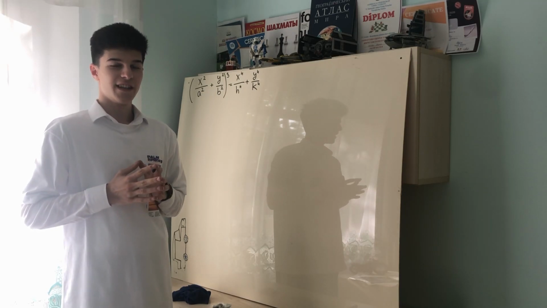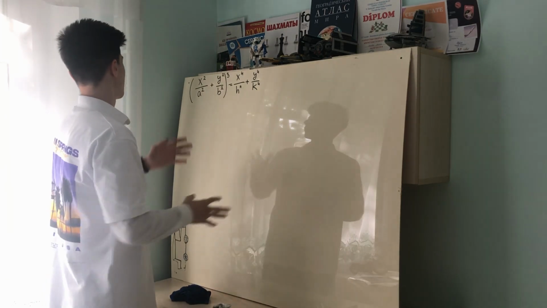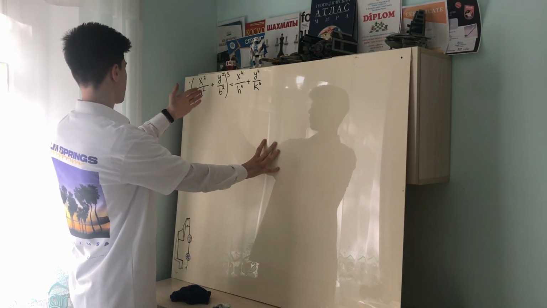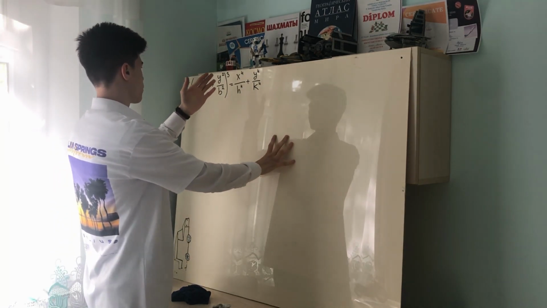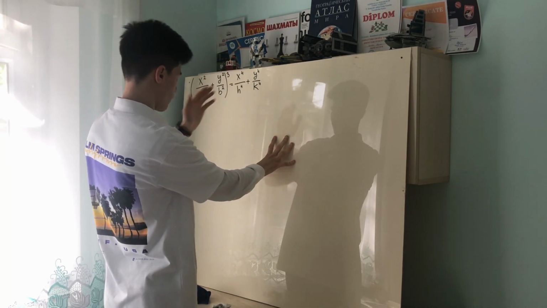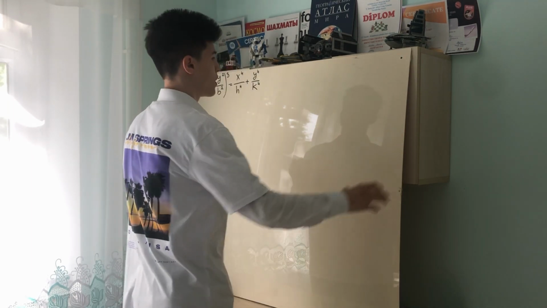Hello everyone. Now we're gonna solve a hard problem from Calculus 2. So here we're given a function which is (x squared over a squared plus y squared over b squared) cubed, which equals x to the 4 over h to the 4 plus y to the 4 over k to the 4. So if we graph this function in GeoGebra,